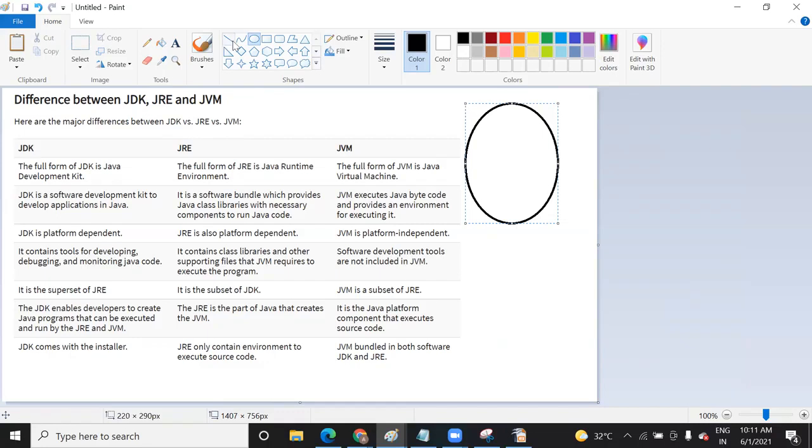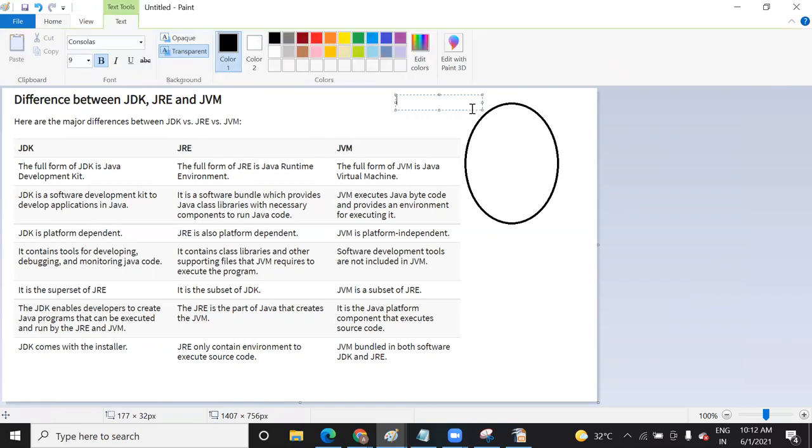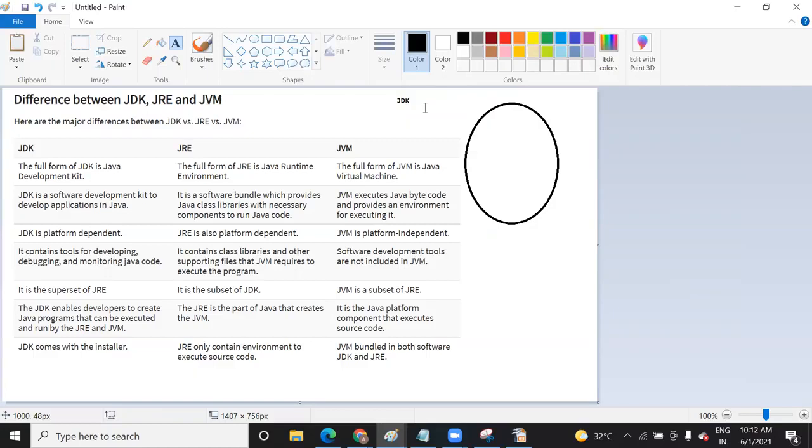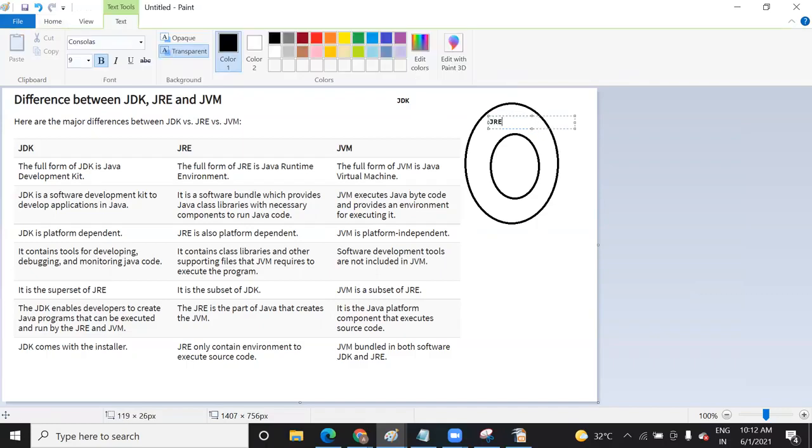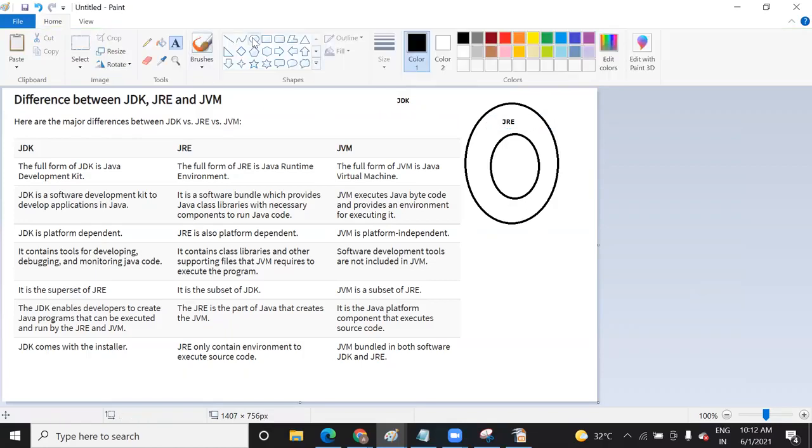Okay, this is your JDK. Let me draw it in graphical form so it will be clearer. This is our JDK, and inside this you have a JRE, and inside this you have one more component, that is your JVM.